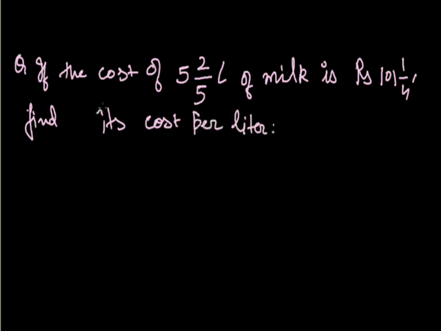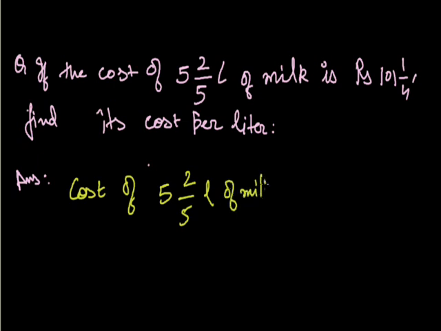Here we have been given the cost price of 2/5 liters of milk, and we have to find the cost of 1 liter of milk. So whenever we are given the cost of more quantity and we have to find it for less, we will always divide. So here we can write: cost of 2/5 liters of milk is rupees 101 1/4,